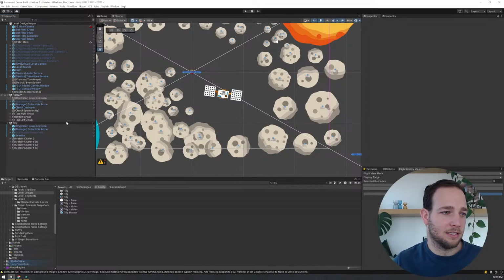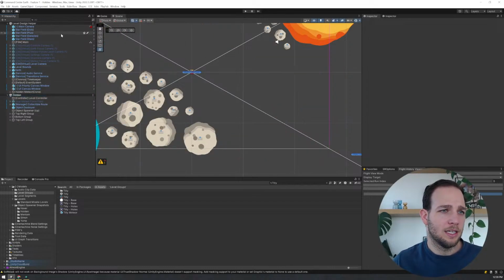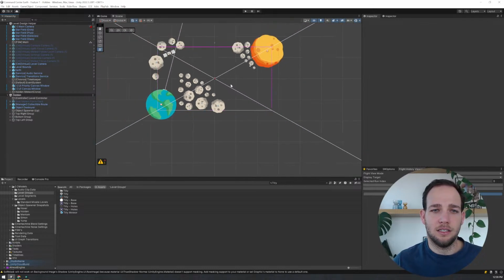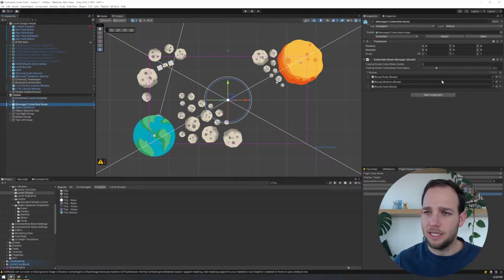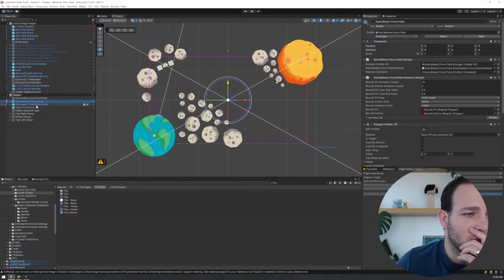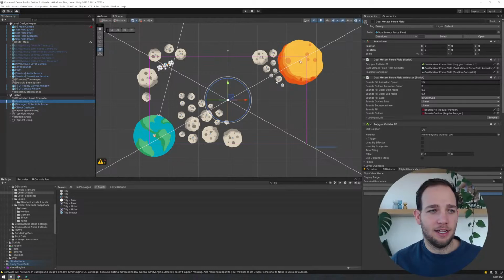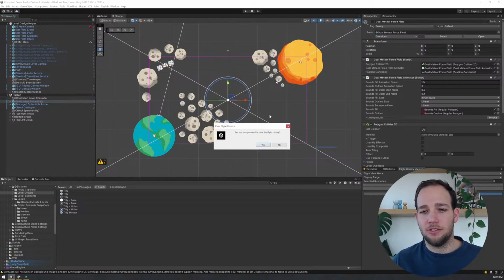You can't see that because for whatever reason it's not working. Okay, cool. So Holden, just making sure. We got the collectible route, we got the force field here, and we're going to check out the level. I'm going to clear the history.